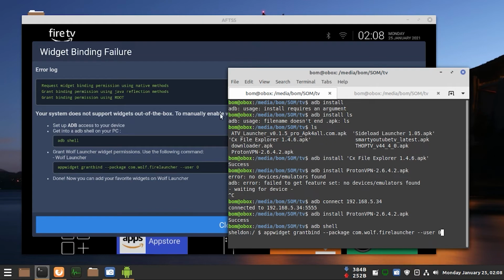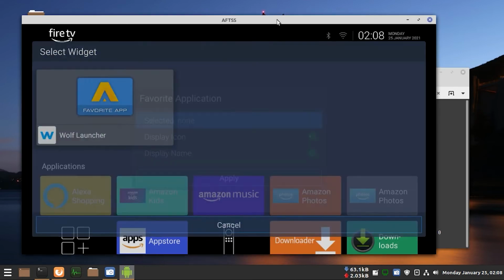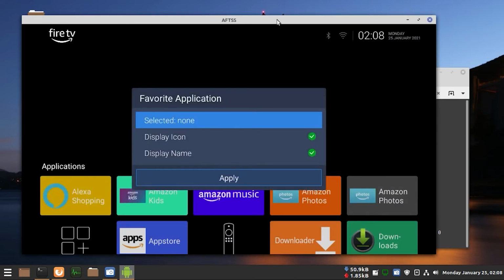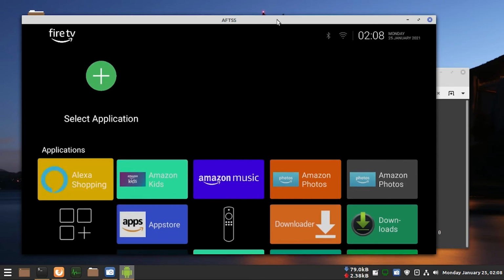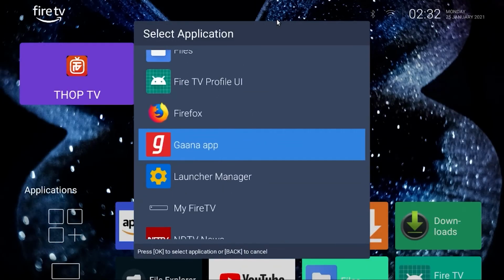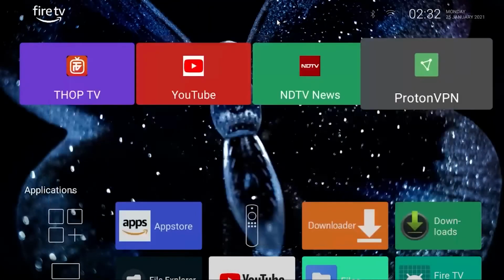Just copy those commands which come up on the screen in the custom launcher, the launcher I will give, then paste them and connect adb shell, again the same way, adb connect, and it will be done. Just type the same thing and it will be done. Here you can see no error is coming, and no command line that you have to run via adb shell is coming. So this way you can install a custom launcher and as well as enable widgets.